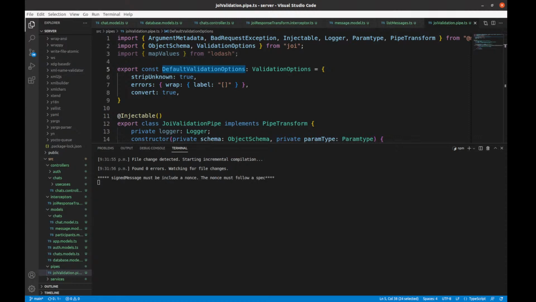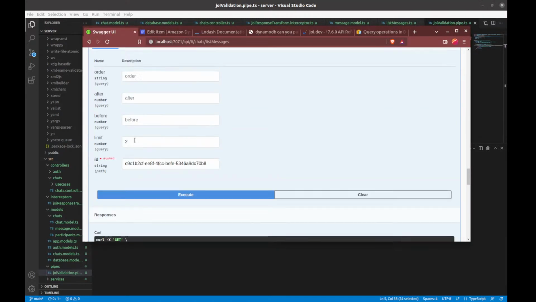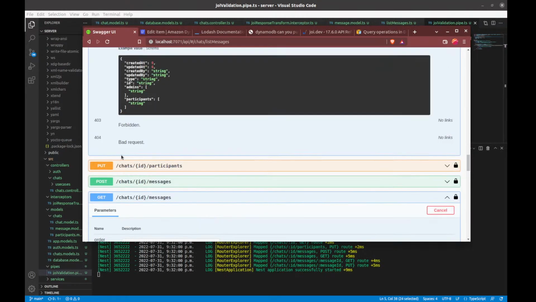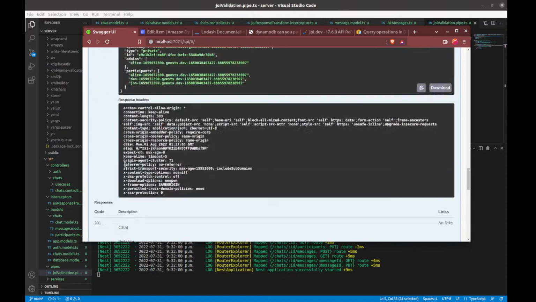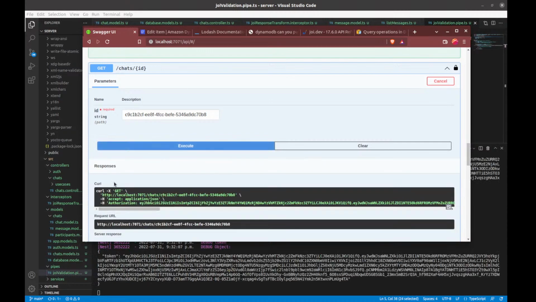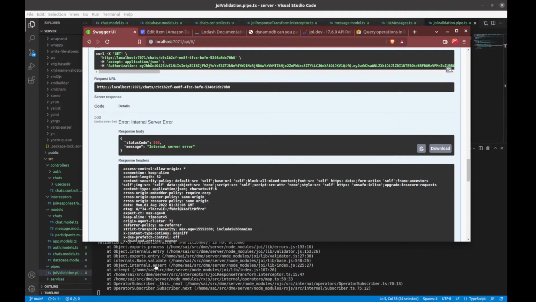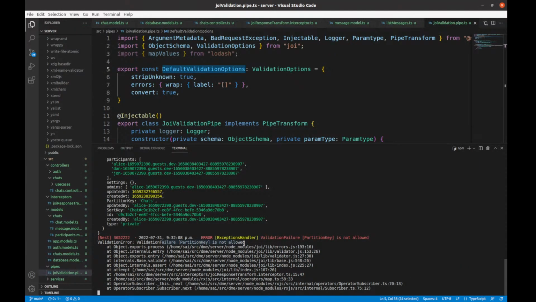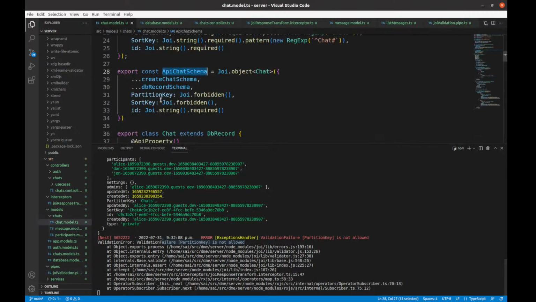Okay, no errors. So let's go back up, and we're going to retrieve this. So we have an error. What is it? Yes, the error says partition key is not allowed. So that's kind of what I was worried about. It doesn't actually remove it for us, so we will have to